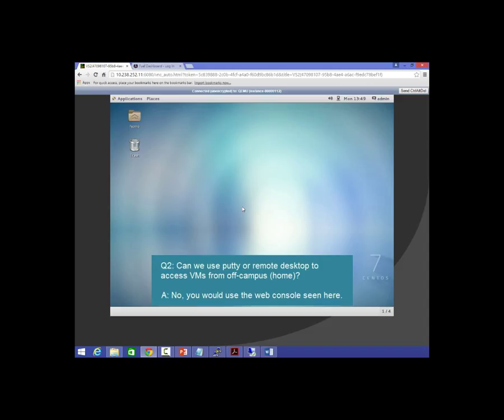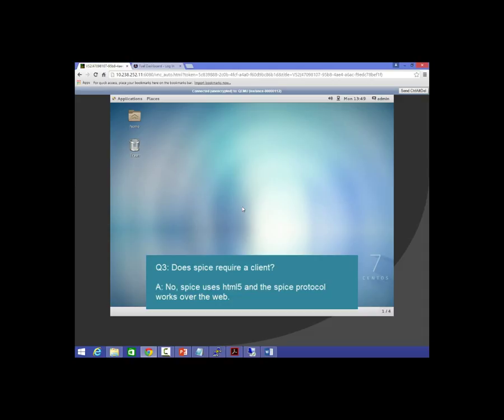From outside the school, you would have to use the web interface. There's an HTML5 version of Spice. Okay. So that's cool. The only other option for PuTTY or RDP from outside the building would be an actual VPN into the network, or lots of public IP addresses.